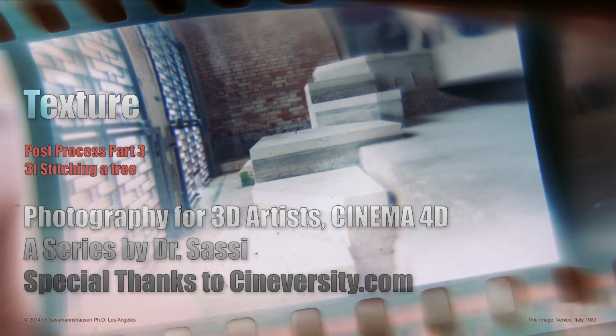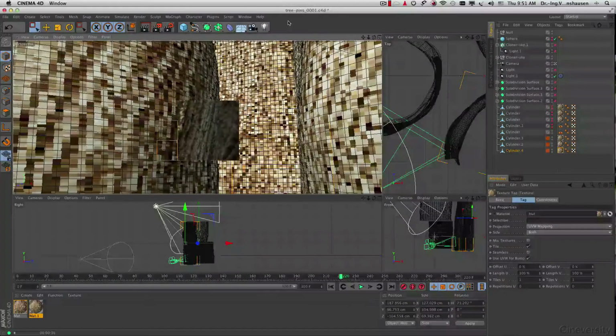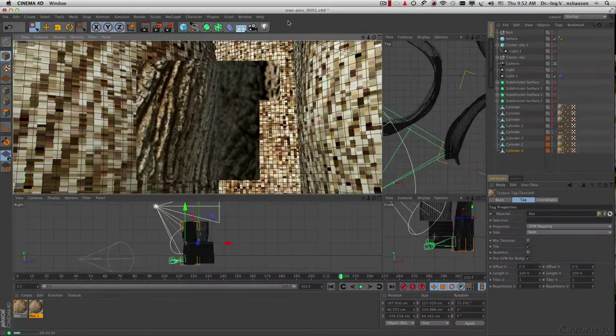Hello and welcome to another episode inside of the post-production part of the texture series. You can see here a little preview of the material or the texture that we want to create here today. Here in Cinema I rendered just one frame so you can see how it was done in the physical render,